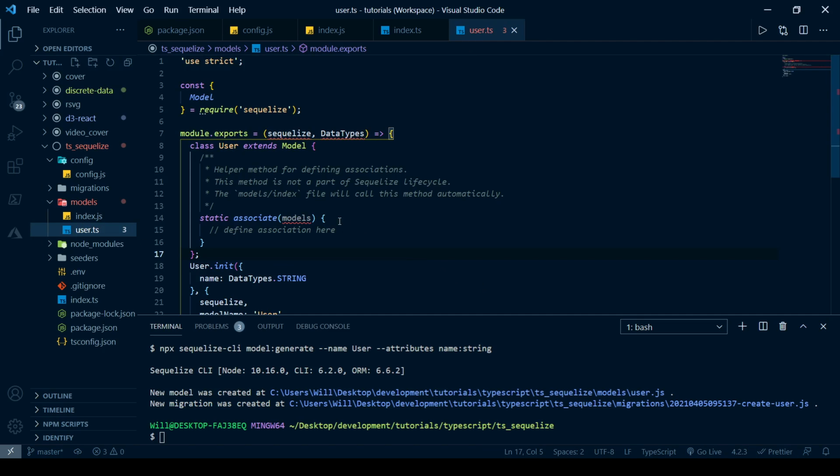All right, and you'll see right off the bat you get a few errors. Now we have Sequelize, data types, and models. They all have the same error. Right, it says Sequelize implicitly has an any type. And you'll find a lot of times when you look online and you want to know when it's okay to use any as a type,